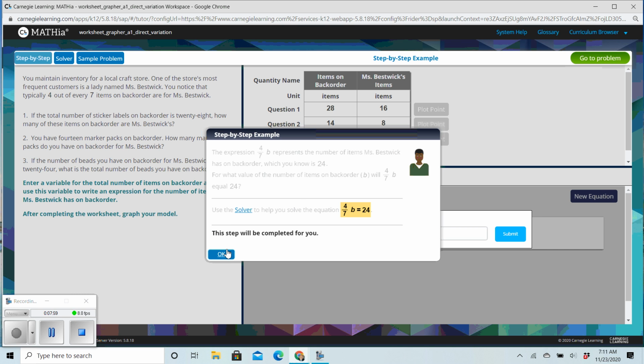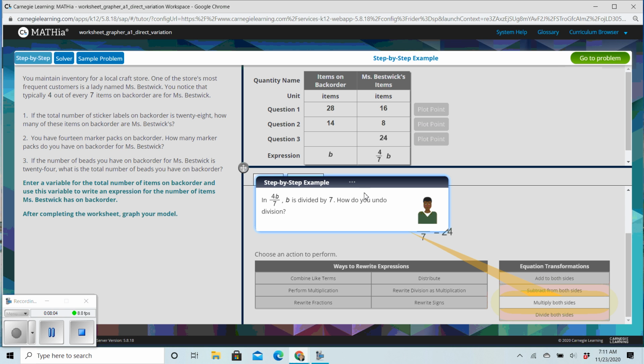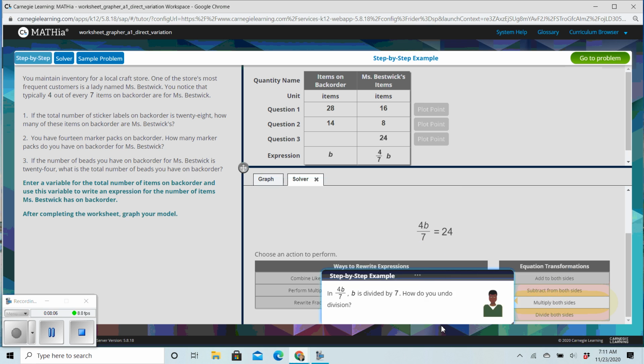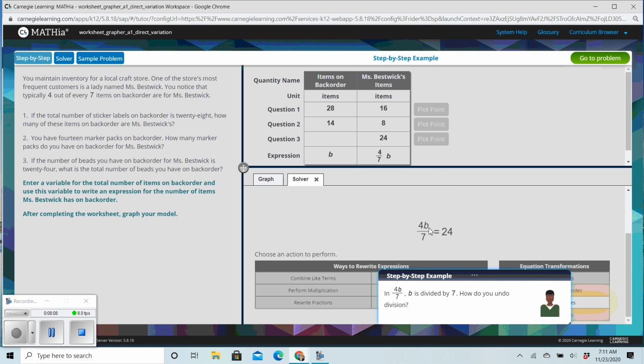So they took us to the solver automatically just because it is the step-by-step. So now the equation that they set up for us was 4b over 7 equals 24. So if you look here, that's what we're trying to solve, right? We're trying to solve 4 over 7 times b